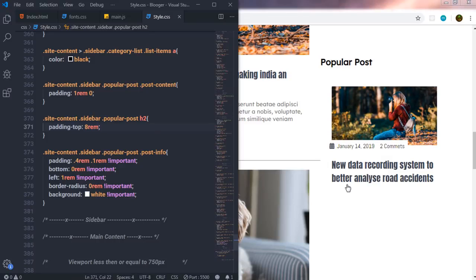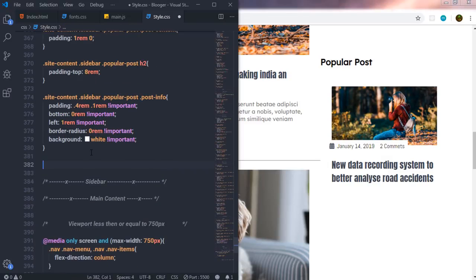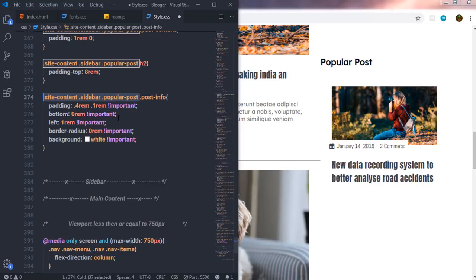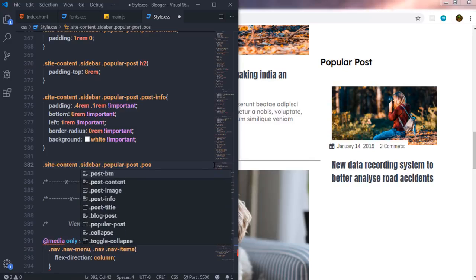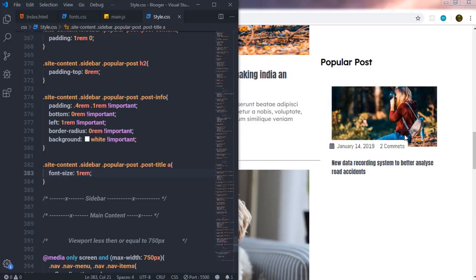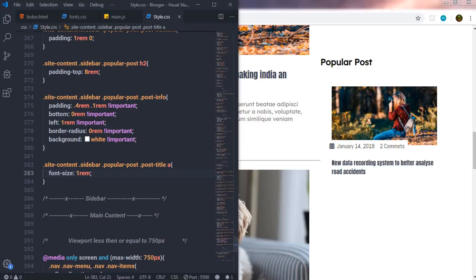I'm going to decrease this font size. So I'm going to first select the site content, then select this sidebar, and then select this popular post. So I'm going to copy it, paste it here, and when I have the popular post, I'm going to select post title and select the anchor tag, and I'm going to specify font size to it 1 rem. When I save the changes, I have my popular post here, right? Now the last thing, I just wanted to update this left property and make it 1.5 rem,